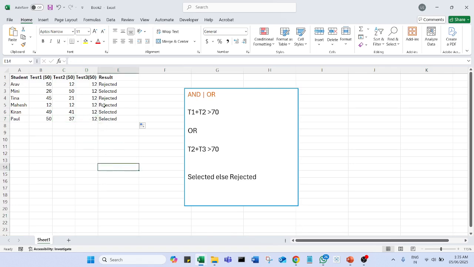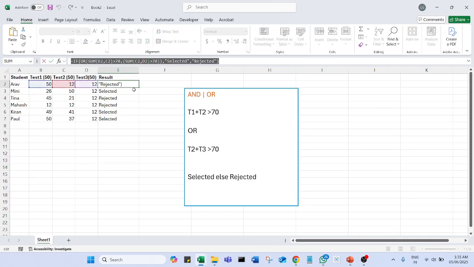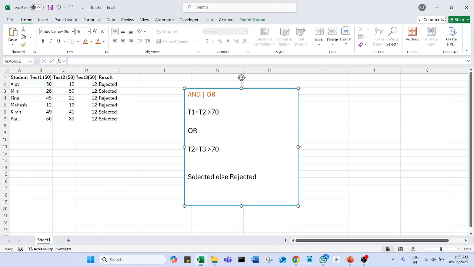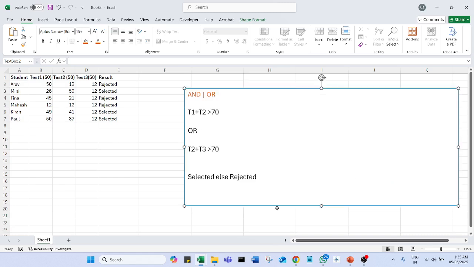Okay, so let me write this formula a little bit in a bigger way so that you don't forget to implement. So let me write it here, and it's very important that you practice everything. Okay, so here you go. So let's just see once again what is happening. So IF, then OR, and then SUM,